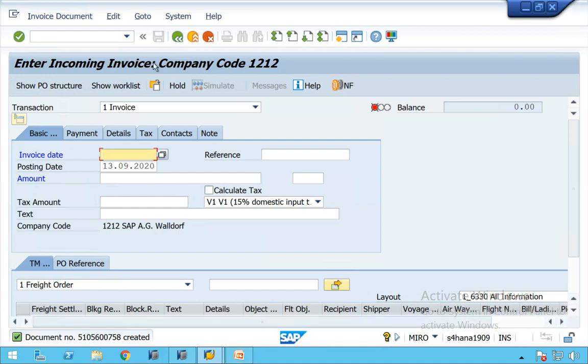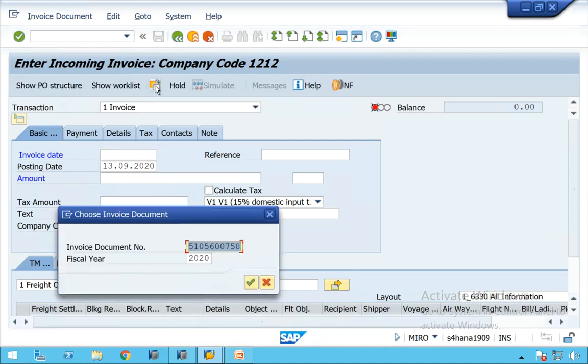No, just like MIGO, not required. Click on this Other, and always remember, if you specify the invoice document, you must specify the fiscal year, the financial year. Maybe this same document is available in the last year. So when you specify the accounting document, you should also specify the fiscal year for selection. Or press enter, continue.